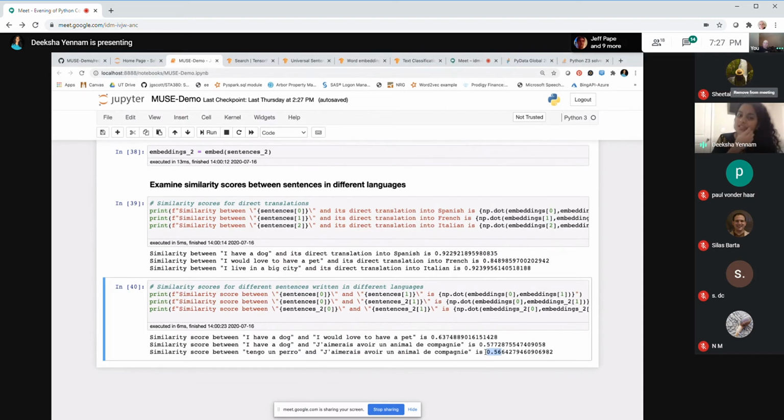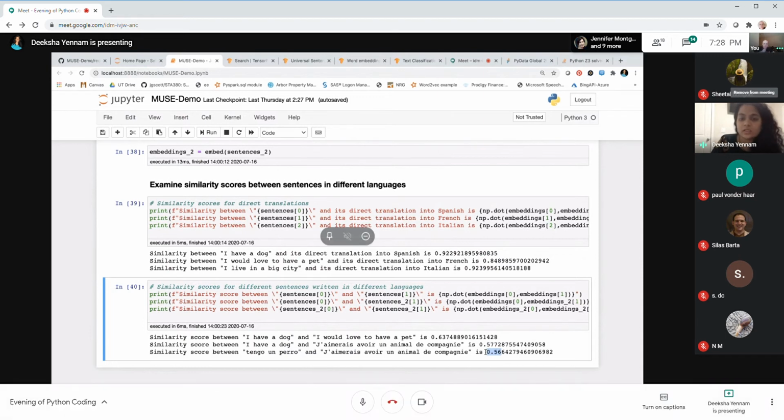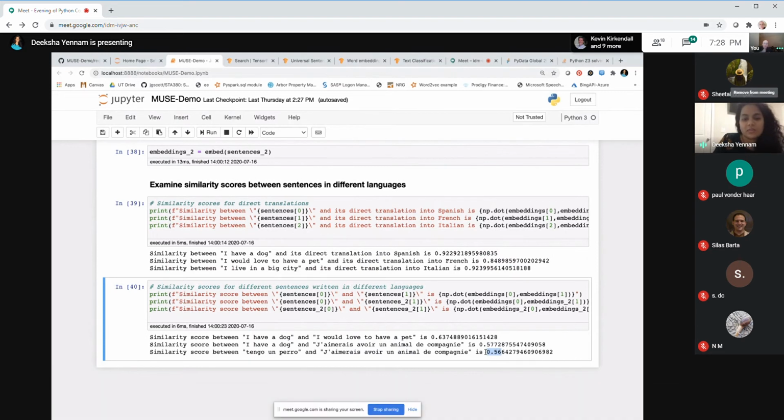So this is my demo. I just wanted to give you a very brief introduction into what this model is and what its capability is. But in general, when you're using embeddings, this is probably not the practical way you're going to use it. You probably want to use it in a document classification task, or a semantic similarity task. This is a semantic similarity task, but you can also do semantic retrieval, where